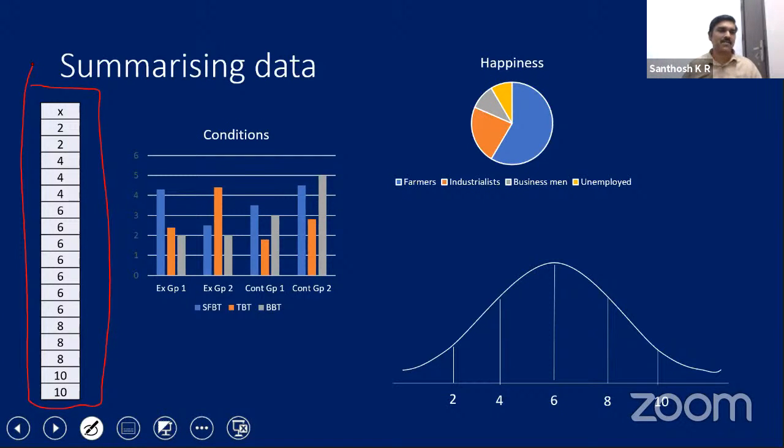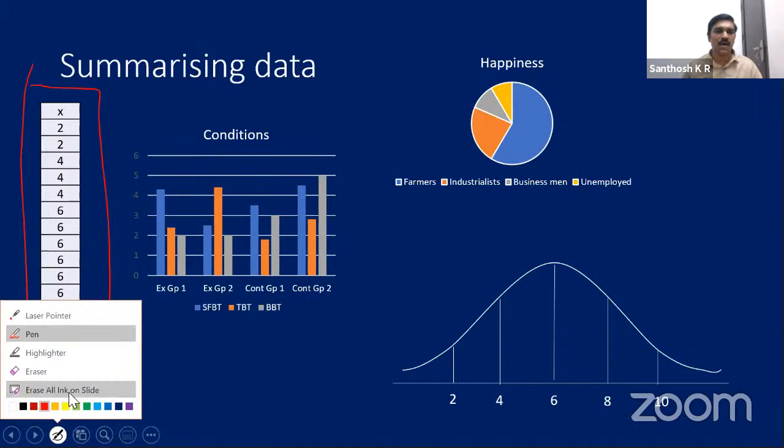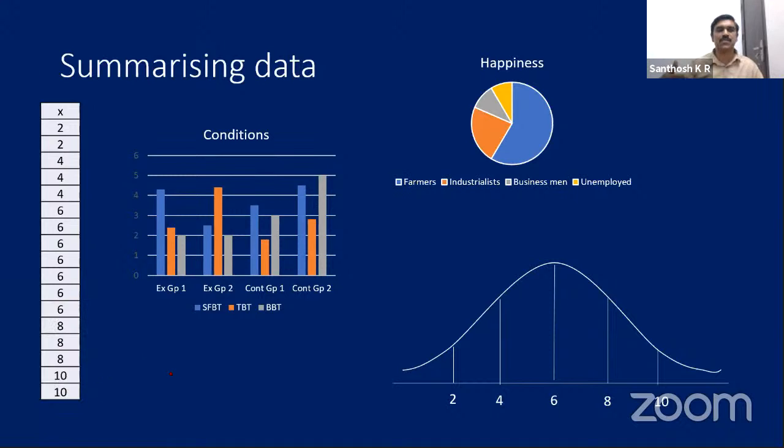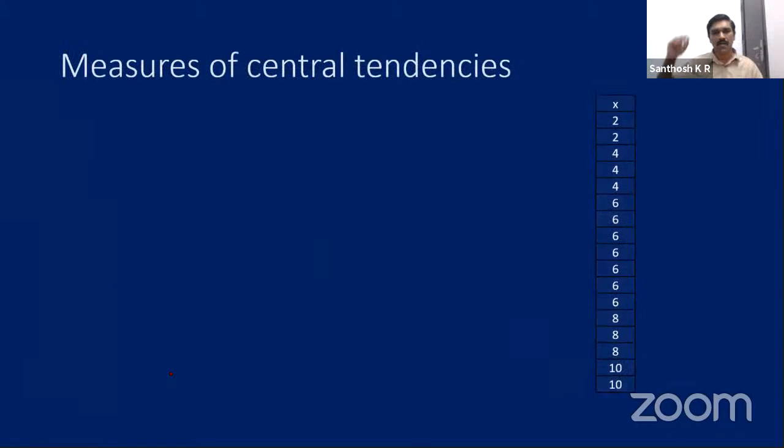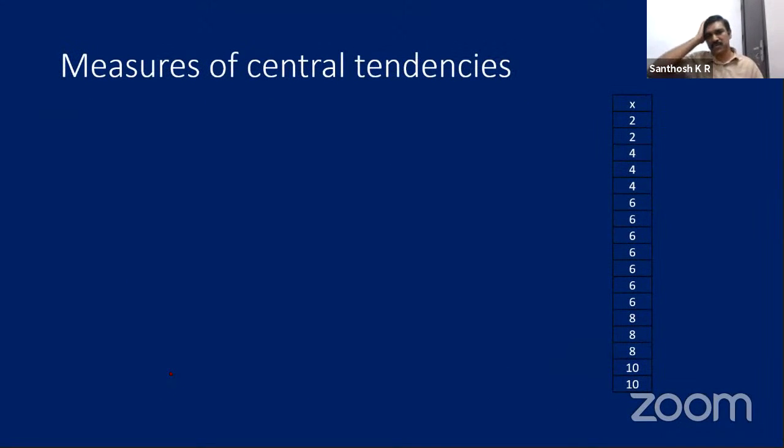Imagine it's data which we are going to use for the next few minutes, next few explanations, or through the next few slides. We are going to look into different measures of central tendency. There are 3 different measures of central tendency. One is mean, the second one is median, and the third one is mode.